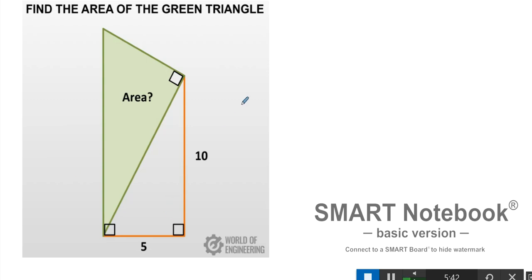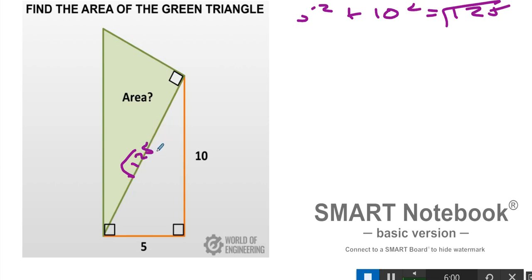And I looked at this and I said, well, let's see, how do I want to do this? And again, when you see these right triangles and you're given two sides of the right triangle, you can do a squared plus b squared equals c squared. So that's 5 squared plus 10 squared. 25 plus 100 is 125. Square root that. So this is root 125. Now I can simplify that. 25 goes into it 5 times, so that's just 5 root 5. All right. But let's not do that just yet,